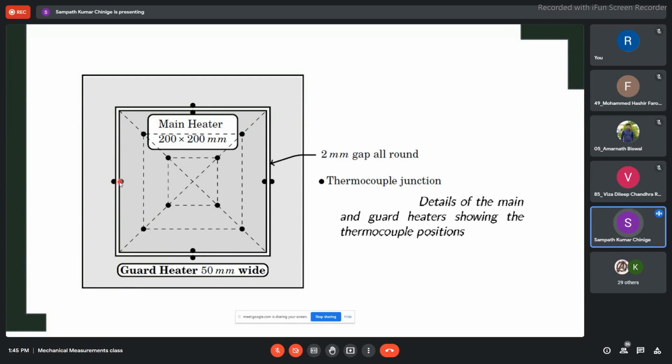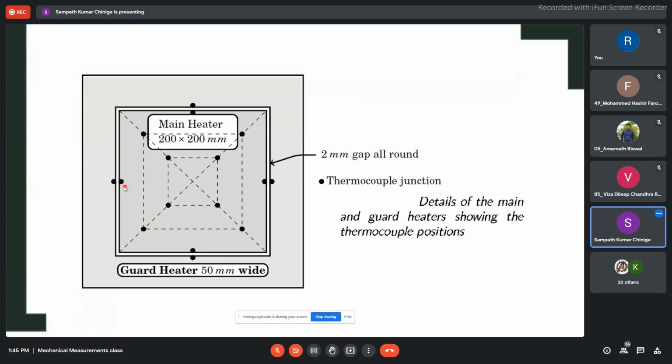So the PID control, or proportional integral derivative control mechanism that we are using, depending on the cost, will be available from 0.5 degrees to 1 degree variation. The more precise you want, the more the cost. Suppose I keep it at 0.5 degrees variation, that means once it reaches 70.5 degrees centigrade, the power source will cut off. Again it will come to 70 degrees, and immediately it will not stop. It will go to 69.5 degrees or so, and then it will start again. So there is a slight variation, and the better accuracy you want, the higher the cost of the equipment.